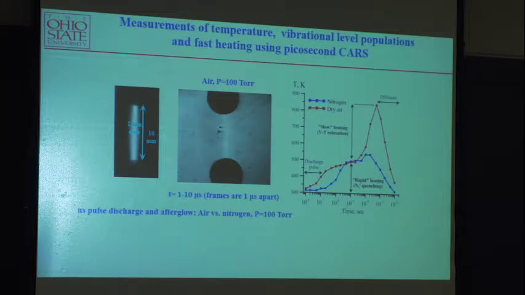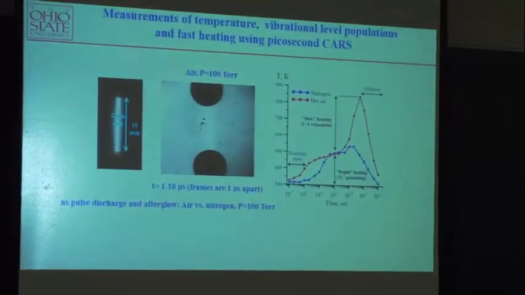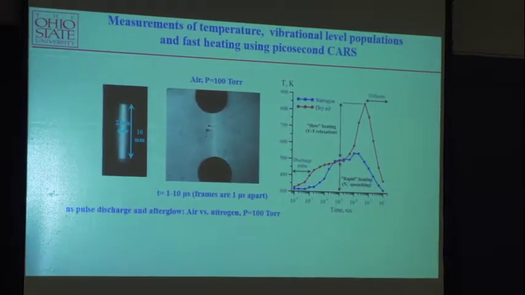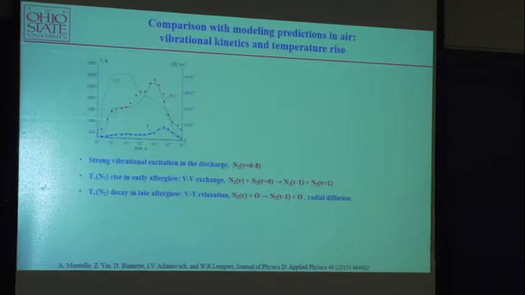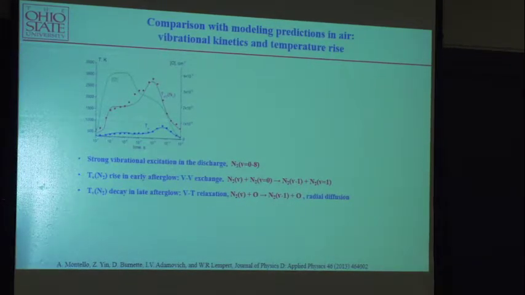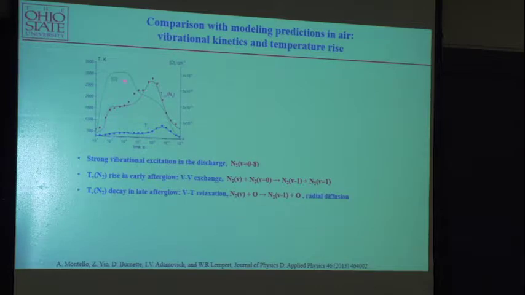So yesterday we talked about what the key mechanism of fast heating is, right? It's basically involving the recombination of excited oxygen and oxygen ions, right? So that is the main thing for fast heating and the vibrational state. This is why the energy transfer with air and nitrogen is different, depending on the mechanism of fast heating and slow heating. And it's interesting that they did more exploration about the quantitative measurements,